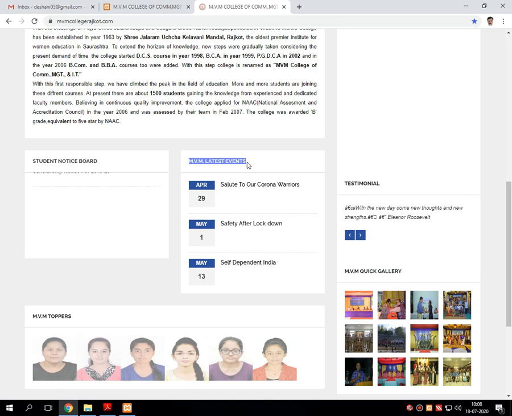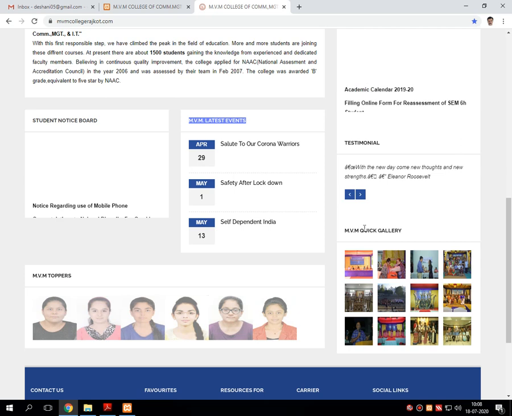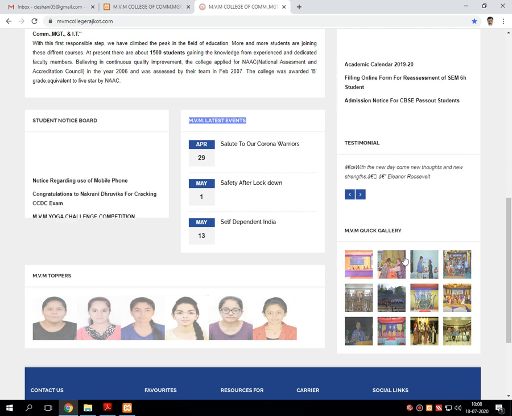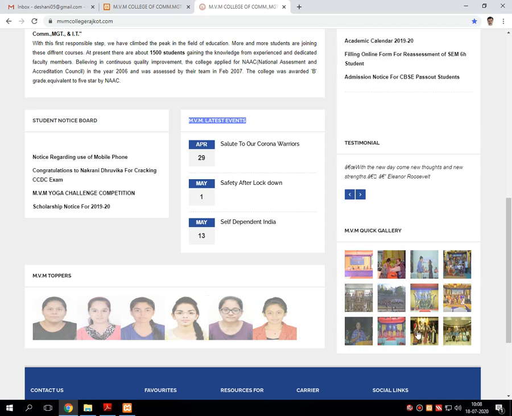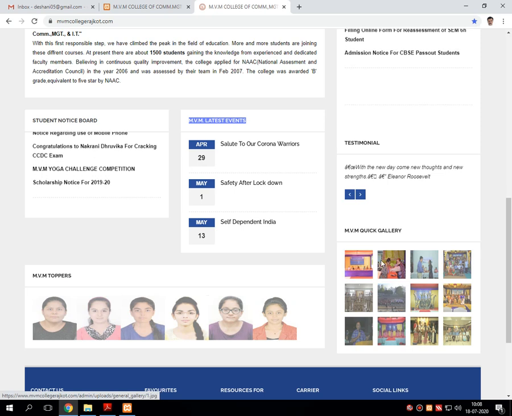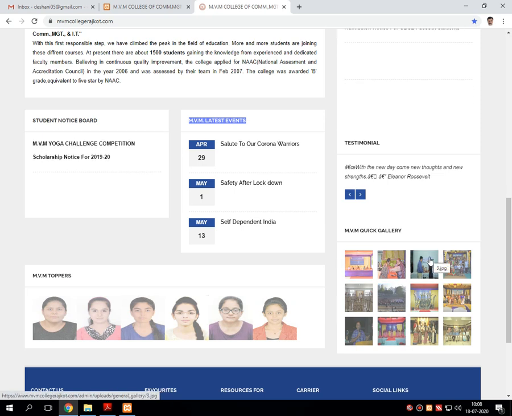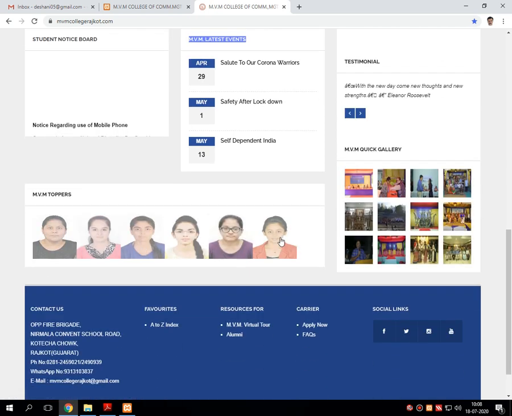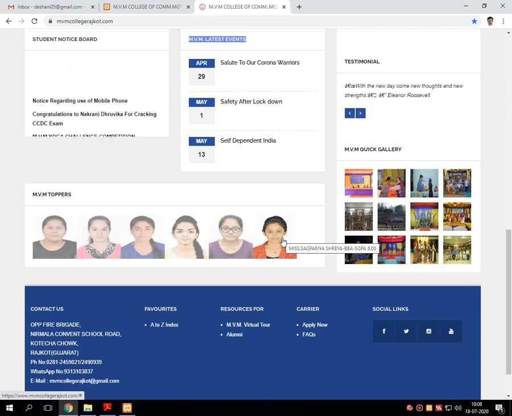Then latest news and events, good thoughts, quick gallery of the MVM college which shows the current and past activities handled by the college, toppers of the college with their details,